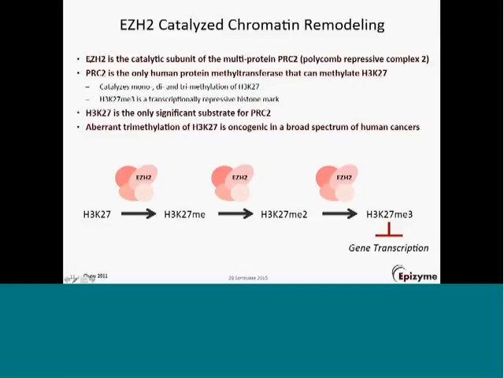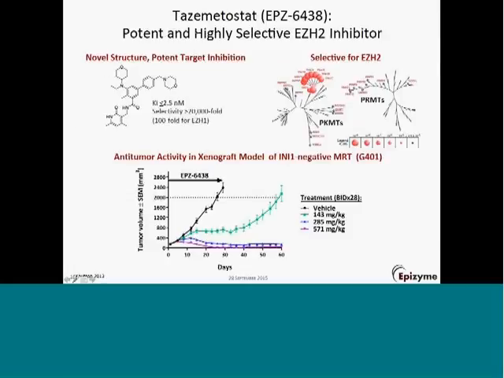And so if you can inhibit EZH2, that may kill the tumor. And so this company has a drug that targets EZH2. It's highly selective, and you can see in this mouse model here of a malignant rhabdoid tumor that when you give the drug, on the purple and blue lines, it kills the tumor. And so with this information and a lot of other information, they launched an early phase trial,